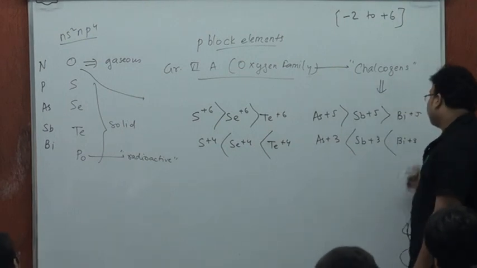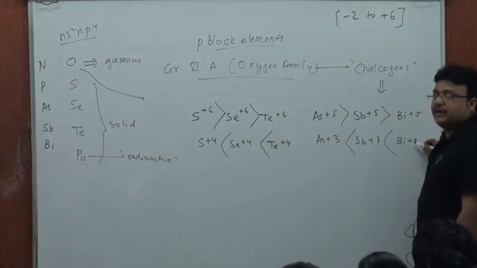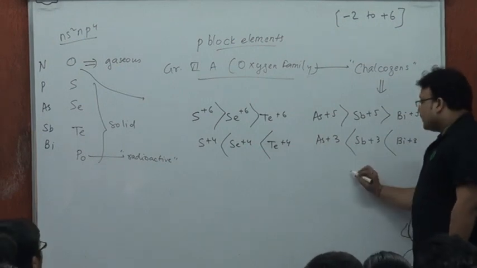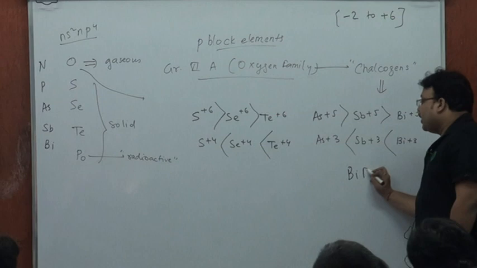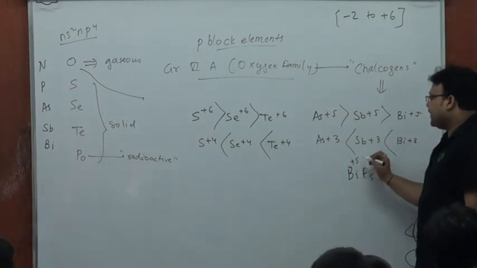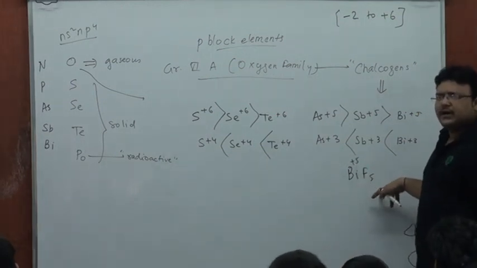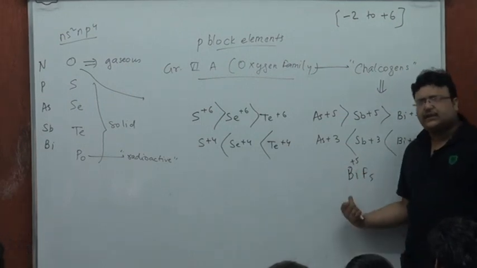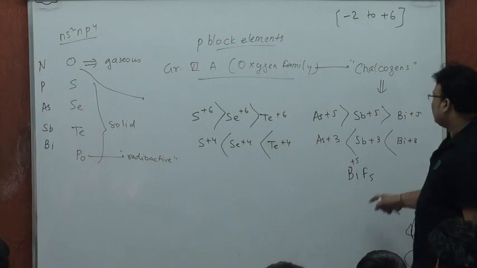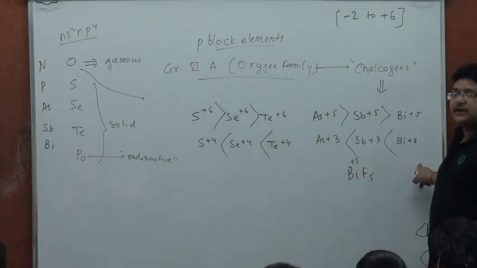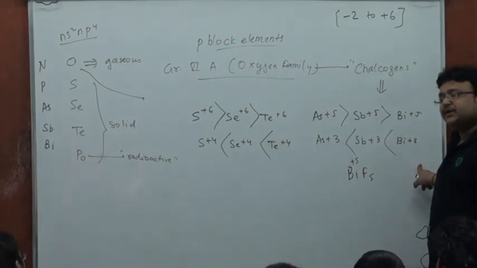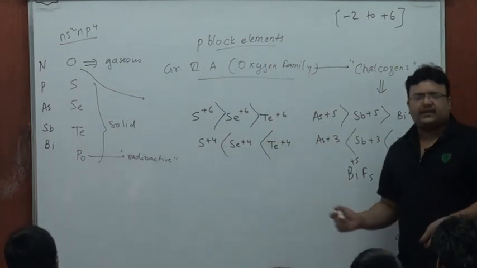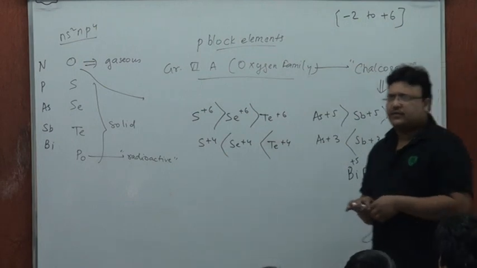I guess I have told you, for bismuth, +3 is so very prominent that Bi +5 doesn't exist other than BiF5. BiF5 is supposed to be the only molecule where bismuth is +5. Only fluorine has the audacity to make it +5, again because fluorine is most electronegative. But other than the fluoride, bismuth is never found in the +5 state. The inert pair effect is so prominent, it's found in the +3 state only. At the end of everything I've told you, moving down, the lower states will be more stable.